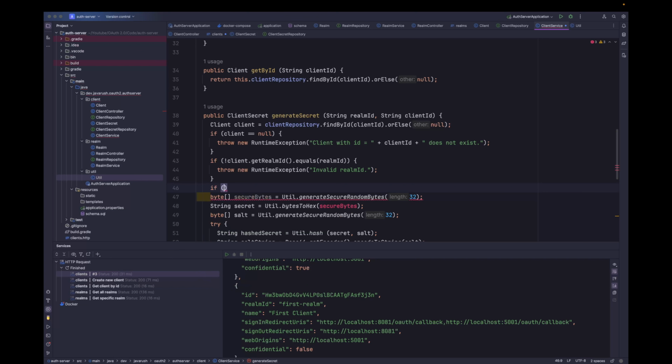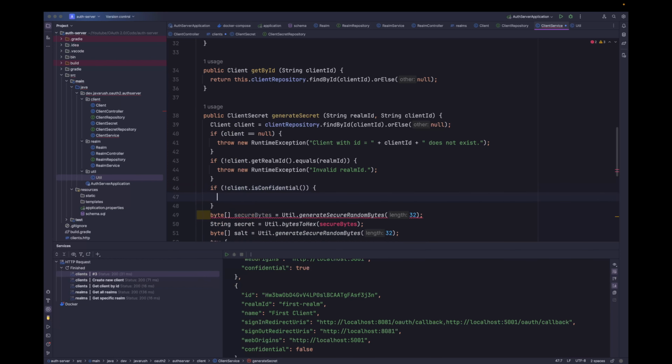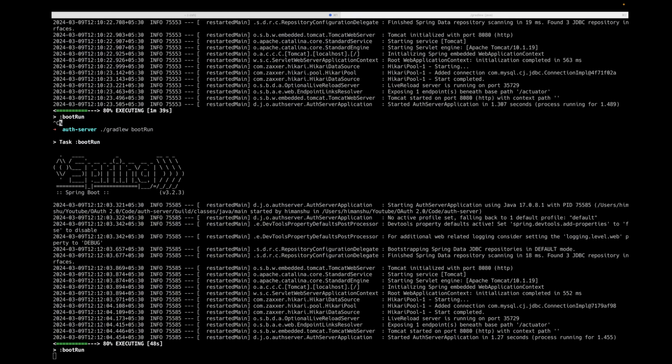So if not client.isConfidential, then we will throw new RuntimeException: client with ID equal to clientId is not confidential, so we cannot generate client secret for it. So save it and